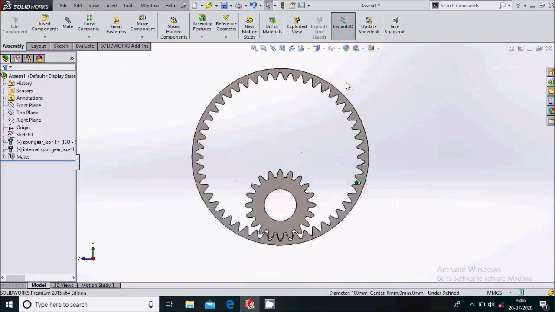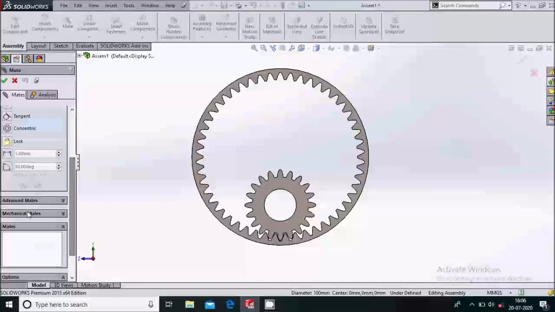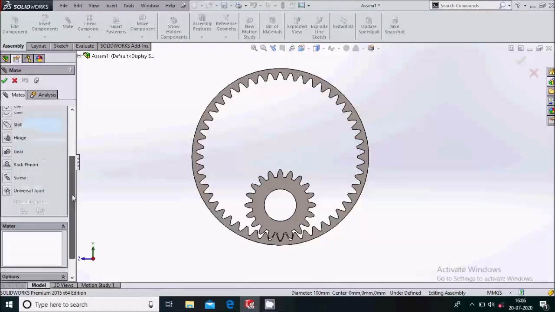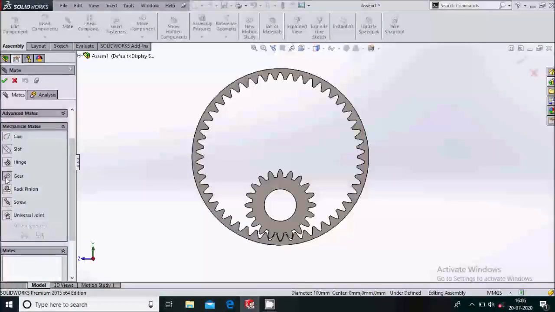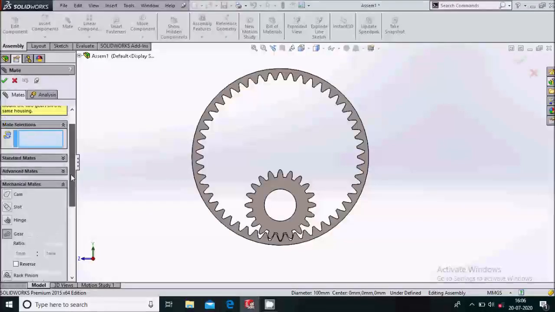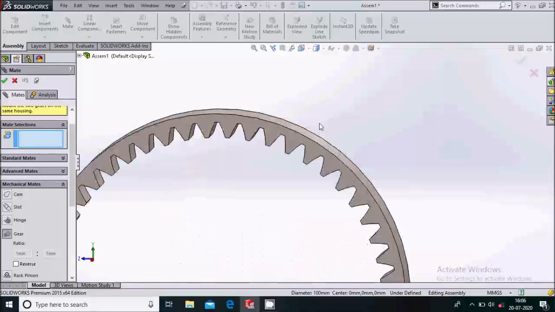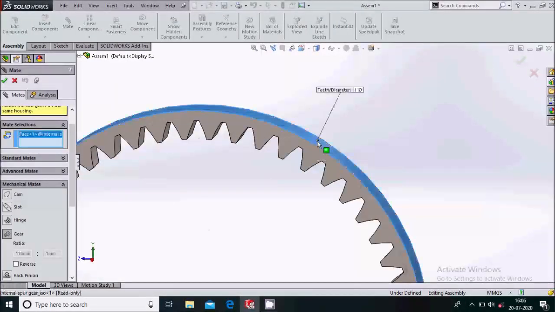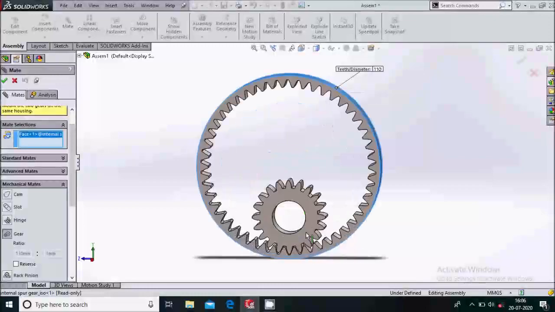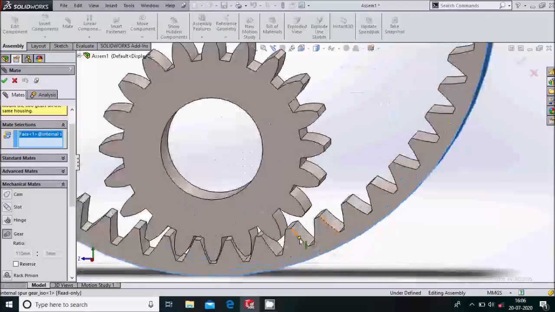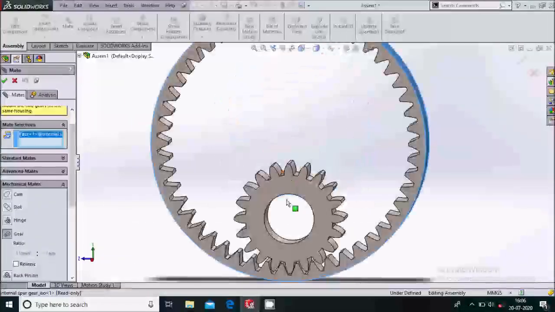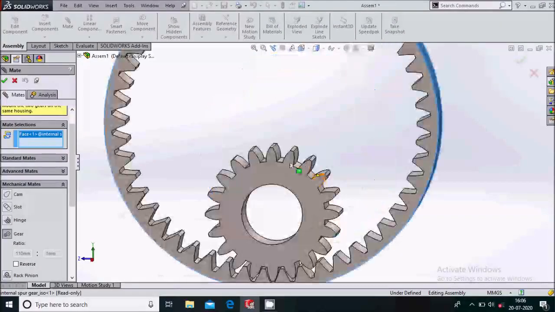OK. Now what we'll do, we'll go for a more important mate, that is a gear mate. So it will be under mechanical mate, gear. So for the gear mate we have to select the outside face of this internal gear and the pitch circle of this pinion, which is not shown over here.